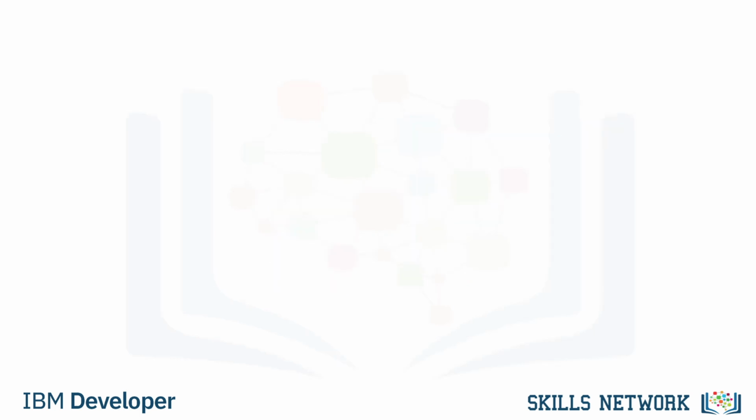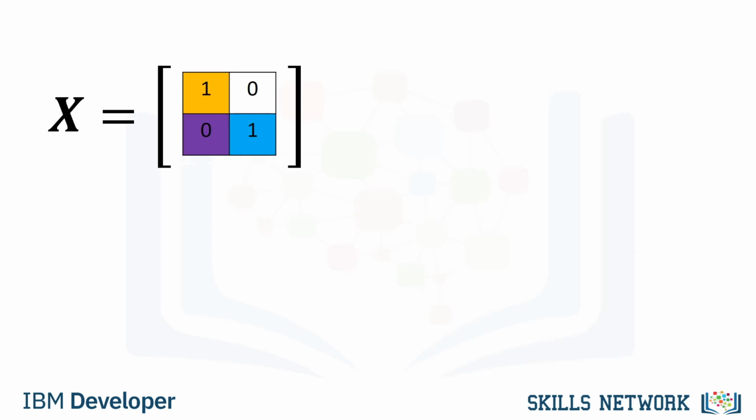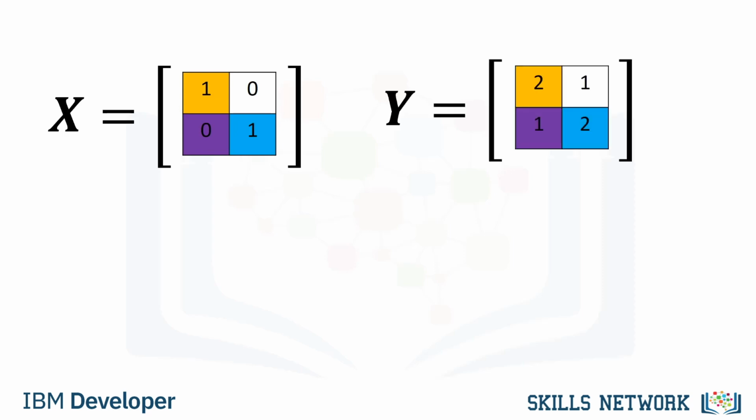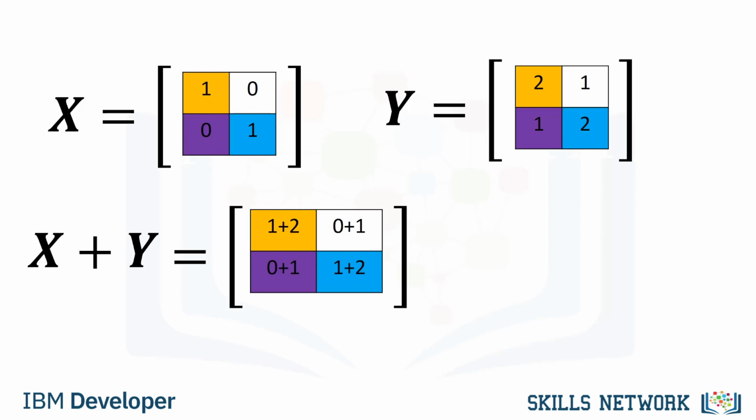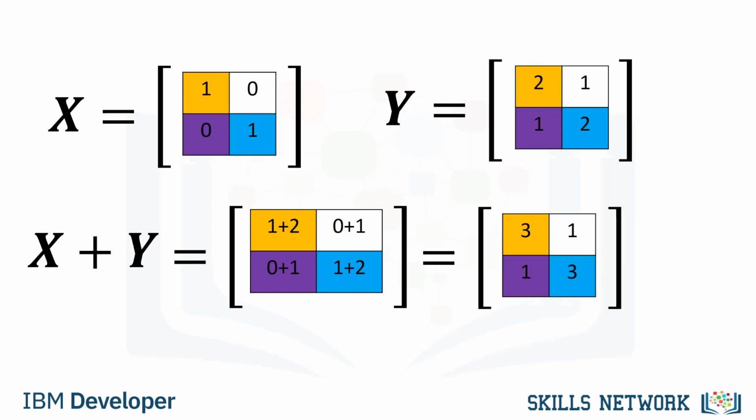We can also add arrays. The process is identical to matrix addition. Consider the matrix X. Each element is colored differently. Consider the matrix Y. Similarly, each element is colored differently. We can add the matrices. This corresponds to adding the elements in the same position, i.e. adding elements contained in the same color boxes together. The result is a new matrix that is the same size as matrix Y or X. Each element in this new matrix is the sum of the corresponding elements in X and Y.